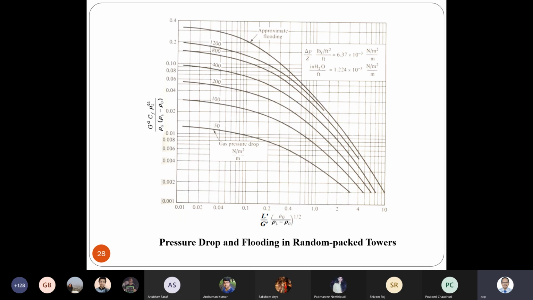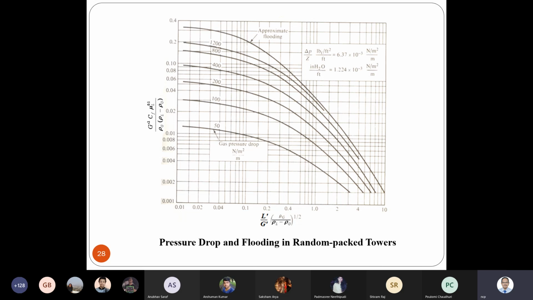For that number of ideal trays, generally we use this material balance equation, and with the help of this equilibrium line, we can find out the number of ideal trays or ideal stages required for stage-wise